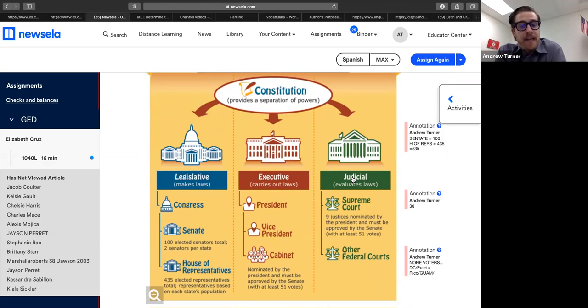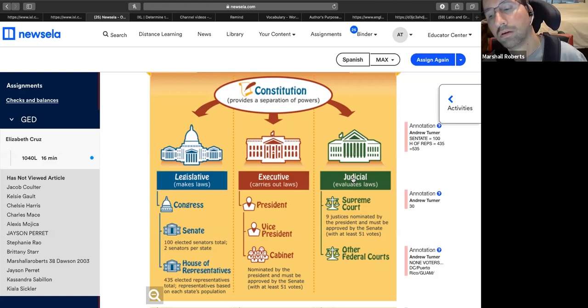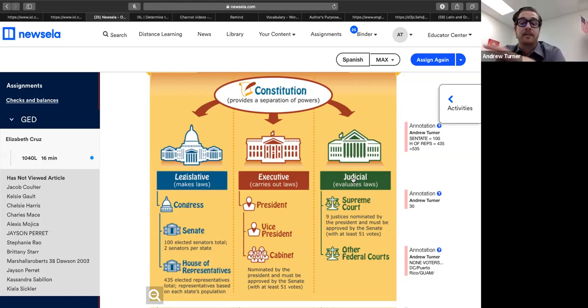but you can get a visual of that's a literal, that's the Capitol building, which has Congress, which is made up of two houses, the Senate. You get 2 senators per state, so it's exactly even. So if you have a state like Delaware, which really doesn't have a large population, you still get 2. Guess how many are in Florida? 2. Okay, so it doesn't matter if you're Florida, California, Texas, the 3 largest in regards to population. You are still going to have the same amount of senators as Delaware